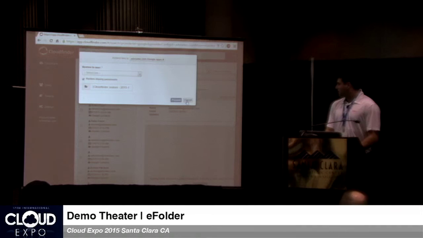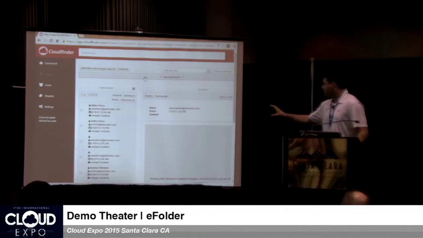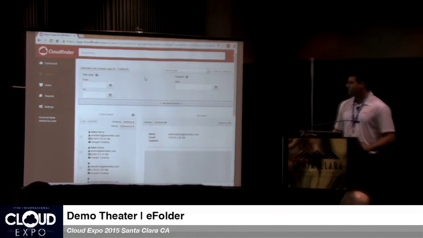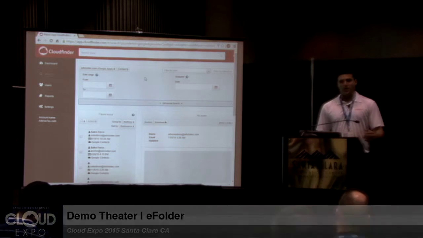So that's a quick nutshell. Now, this is one way of restoring data: you can go in and search for it if you have some keywords or a time frame. Sam mentioned a point in time restore. So one of the ways this can be used with OneDrive is today